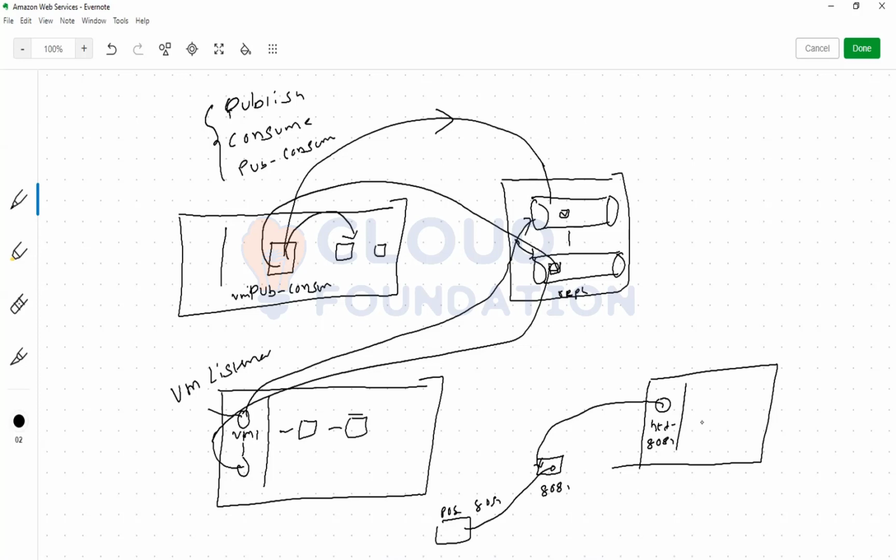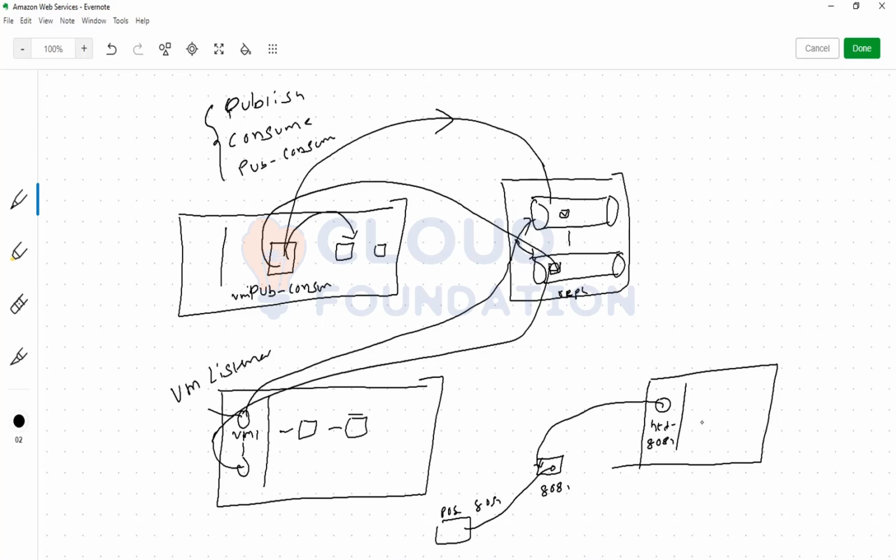Okay. So these two should be configured together, because if you configure only publish-consume and you don't configure the listener, your publish-consume will time out. So you have to have the VM listener. Exactly. Then after that you have a publish-consume. You can define them in any manner, the order is not important, but these two have to be defined in your